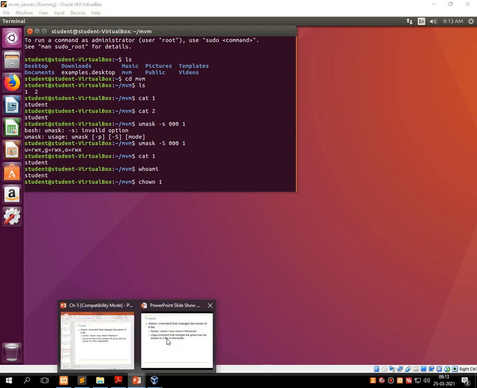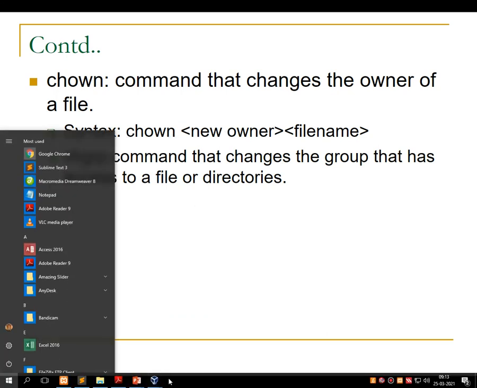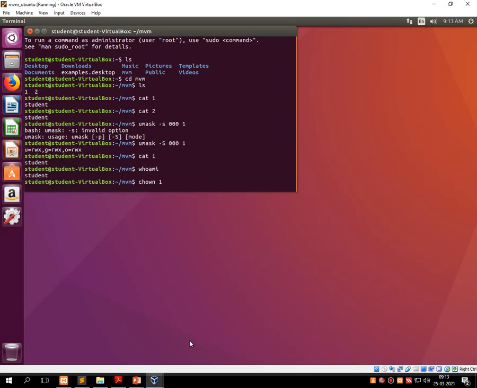Let me show the syntax. chown, then we have to give the name of the new owner. Say for example, chown, then suppose the new user is Rajkot and the name of the file is 1, which is already created.